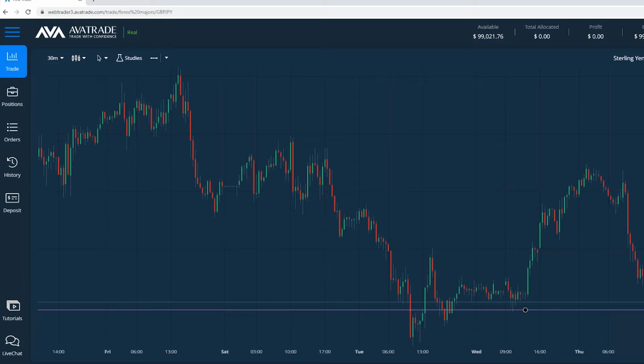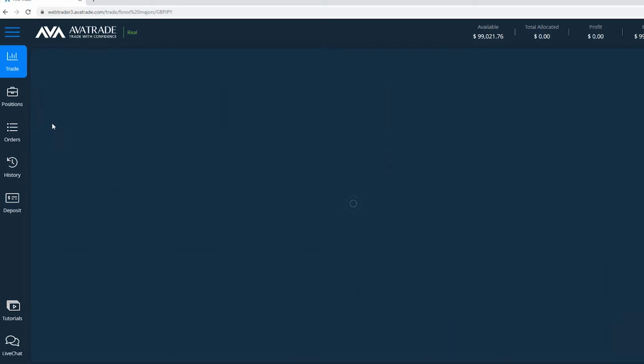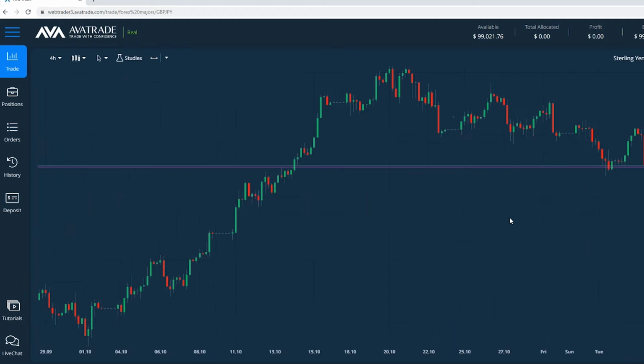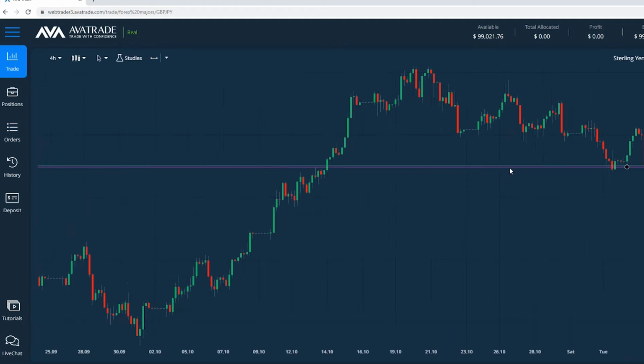might say, okay, the fundamental news is on my side before it has a chance to change, before the actual announcements come out from the Bank of England today. Before that happens, maybe I take my profit just at this support level now, right? Or if you're a longer term trader, then you're looking at bigger candles, 4-hour candles, 1-day candles, and I'm looking at a support level then down lower.